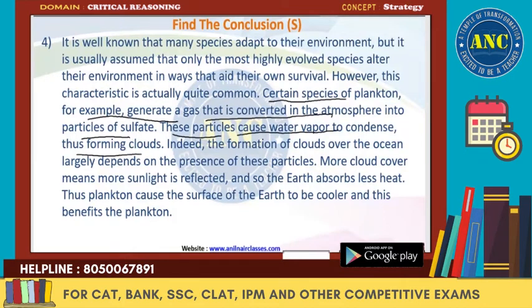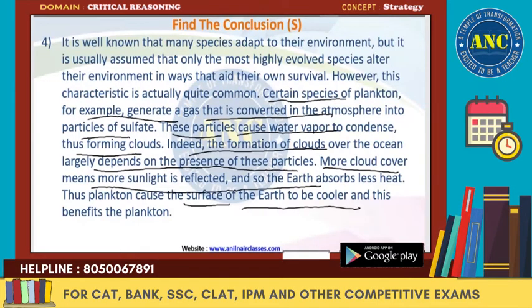Again, fact. Indeed, the formation of clouds over the ocean largely depends upon the presence of these particles. Fact. More cloud cover means more sunlight is reflected, and so the earth absorbs less heat. Fact. Thus, plankton causes the surface of the earth to be cooler, and this benefits the plankton is the